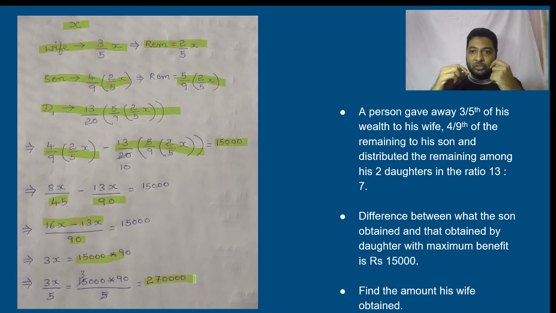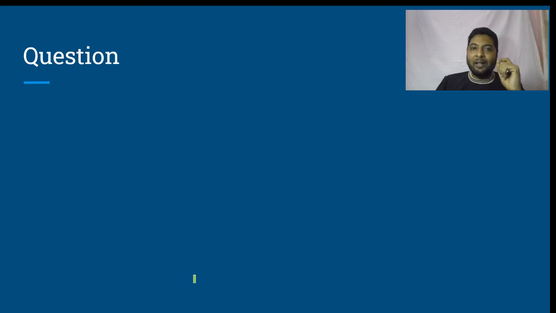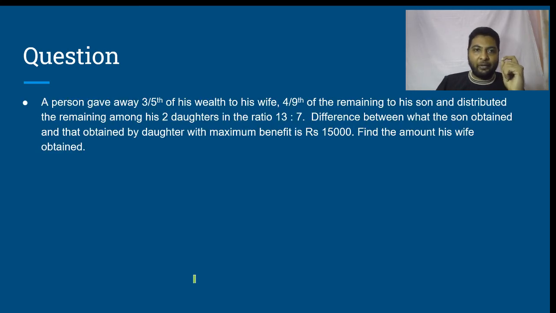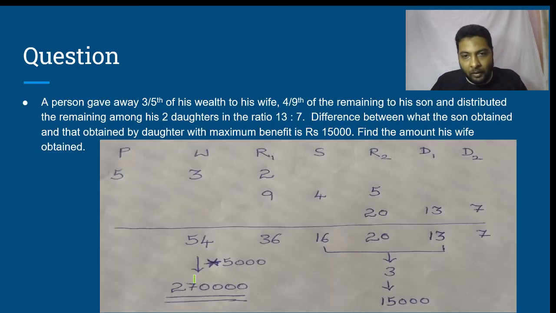But if we use our understanding of the meaning of the term ratio, then we can think slightly differently. We can avoid variables, we can avoid fractions, and we can solve and get the answer very quickly. Let us see the quick way of solving it. I have not used any variables or fractions over here.